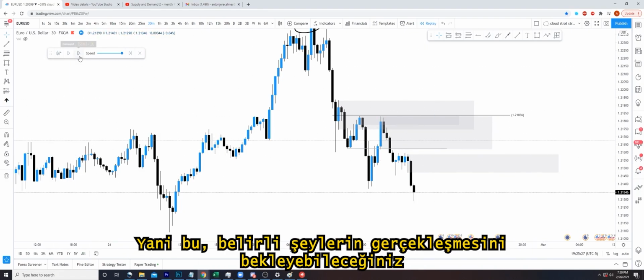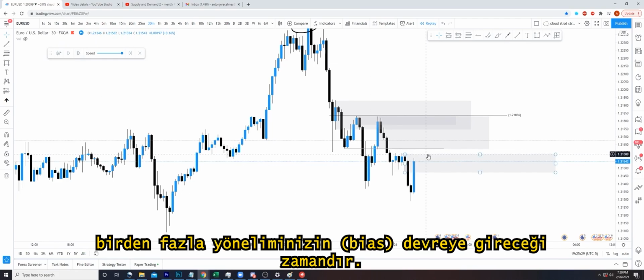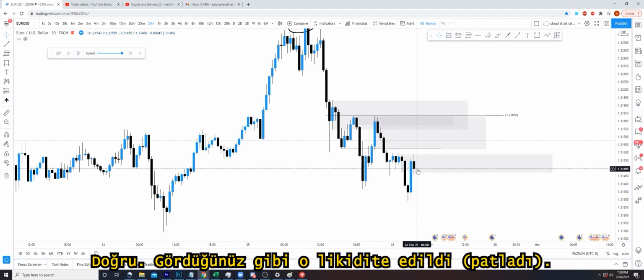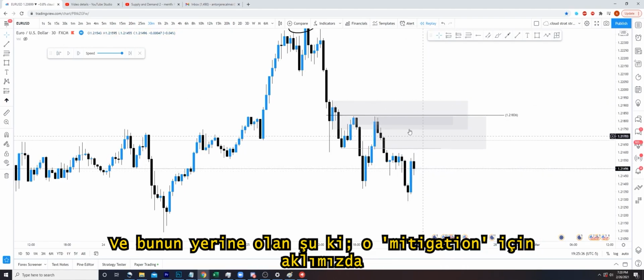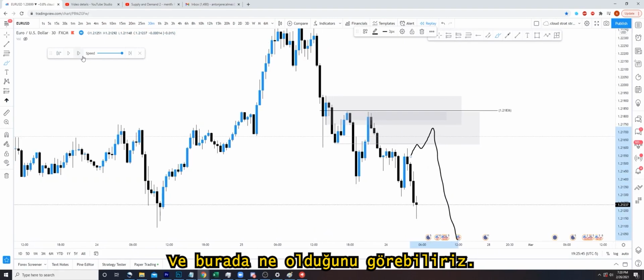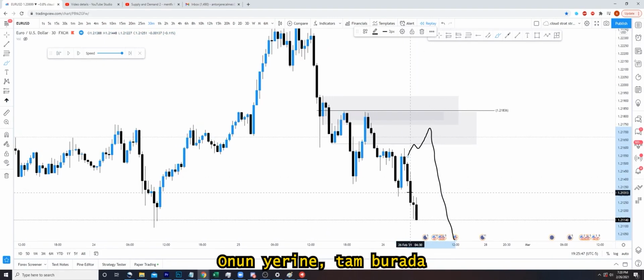So this is when you'll have multiple biases being put into place where you can expect certain things to occur from, right? As you can see, that gets liquidated. That one's not important. And instead, what happens is we can still have this one in mind for that mitigation, right? At either the open or the 50% to continue lower. And we can see what happens here. We don't get any of that. Instead, we form a new